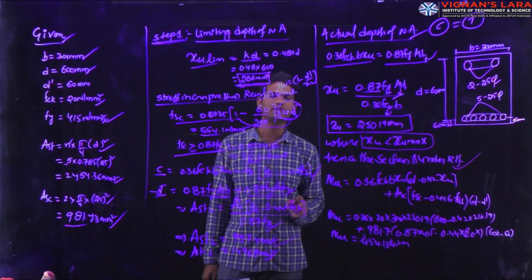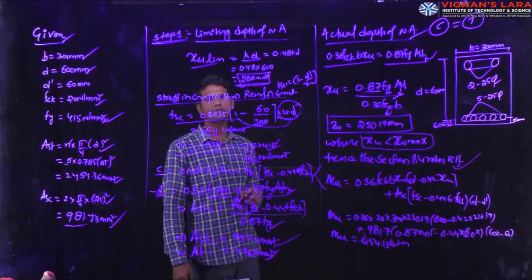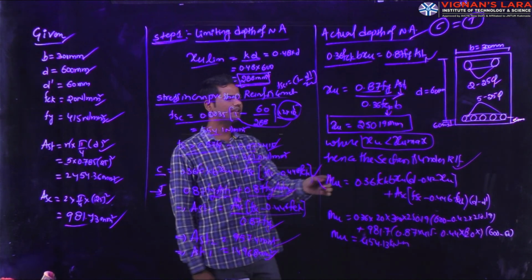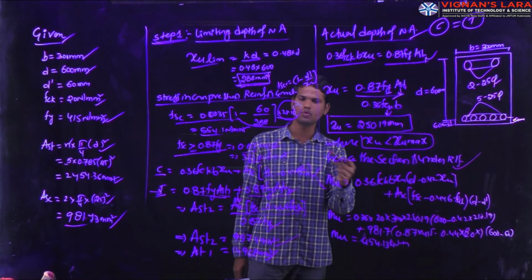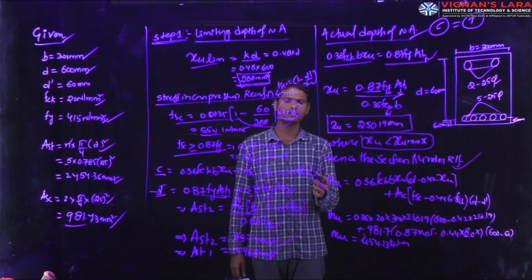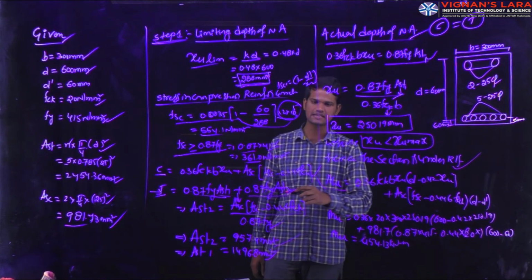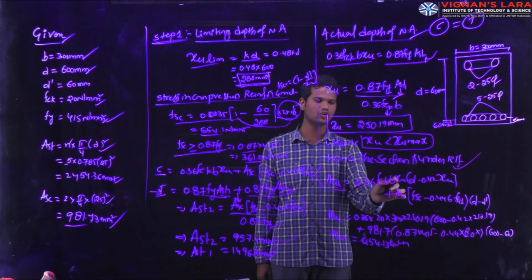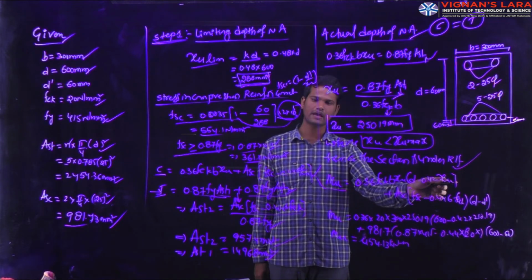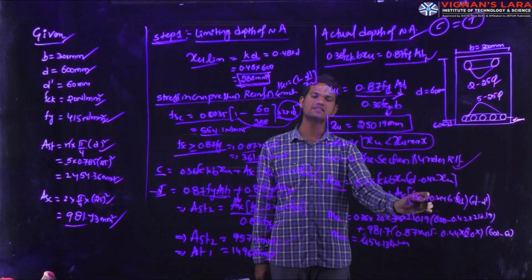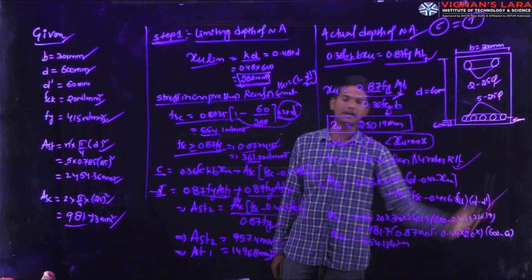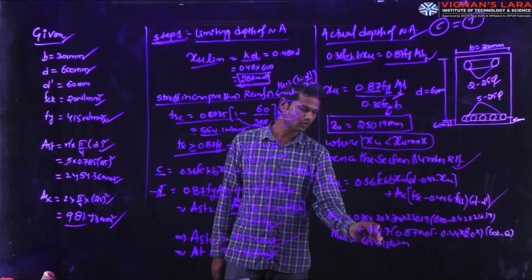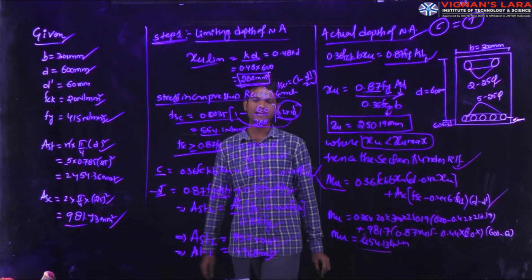For this under reinforced beam section, we have to calculate the moment of resistance in compression or the moment of resistance in tension. You can use either the moment of resistance for tension or for compression. For the moment of resistance, if you are considering the compression zone, then you have to use this formula: 0.36 into FCK into B into XU into D minus 0.42 into XU, plus ASC into FSC minus 0.446 FCK into D minus D dash. If you substitute all these parameters in the above equation, you will get the moment acting on the beam as